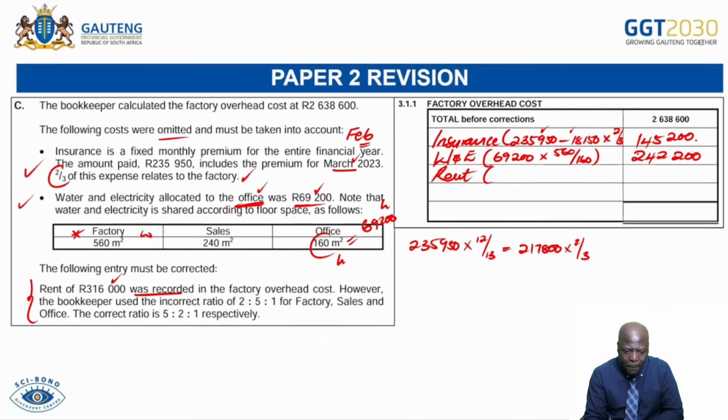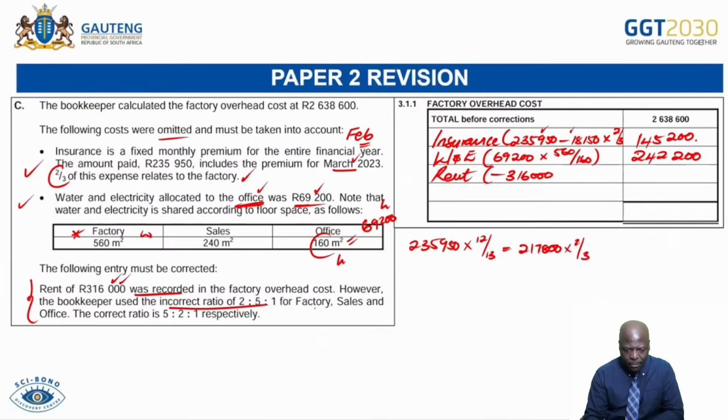The moment the amount is recorded, you have to now say there are different ways in which one could have done this. But the easiest way is to come and take out the wrong amount that was recorded. So we are told 316 was recorded in the factory overhead cost. However, this was incorrectly calculated. So you come then you say rent minus